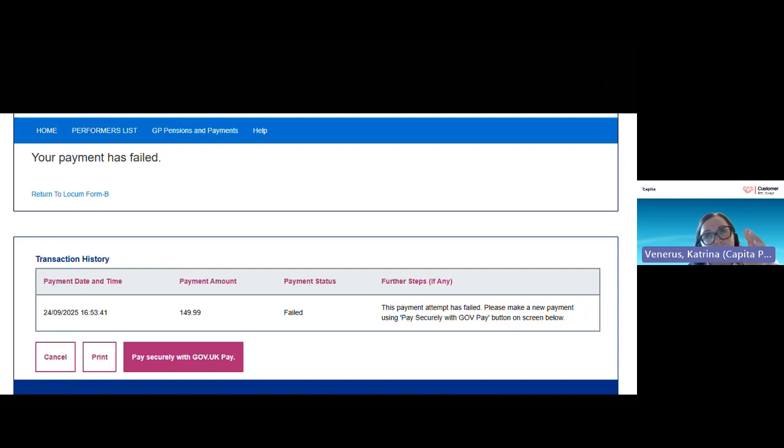It will take us to exactly the screens that we've just been through, where we're presented with, this is your payment amount, please enter your card details, and we work down that again. So it's a simple loop back round, present the button to you again, and you can try the payment again. That's really the only steps you need to take if you get this message, and assuming your payment is then successful next time, you again have nothing more to do. You're back to that fully updated record again. And if we can move on to the next one,